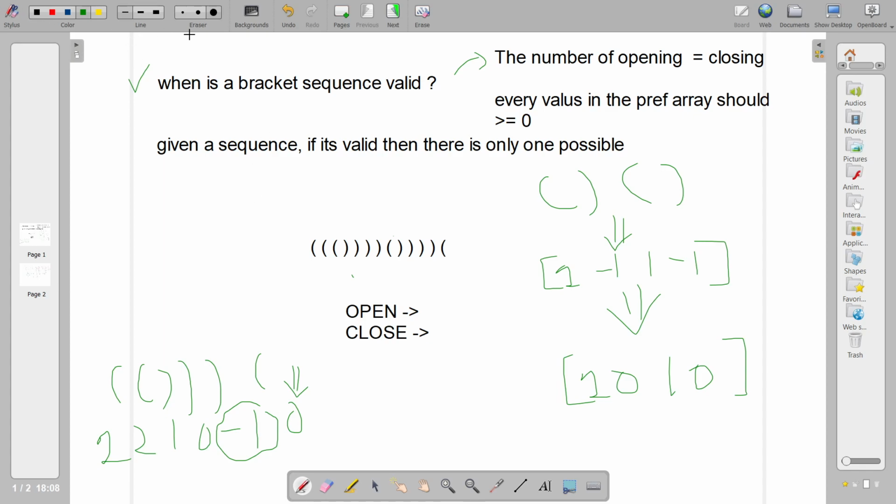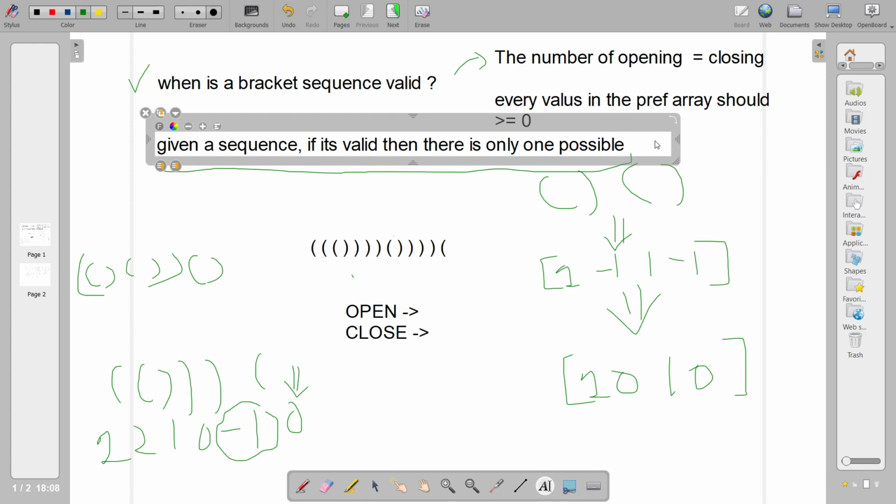Fine. Now another thing you need to know is that if a sequence is valid, for example, if this is a sequence or there is some other sequence like this or this, then there is only one possible way to map.